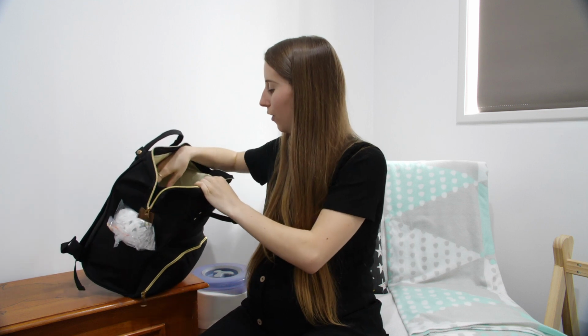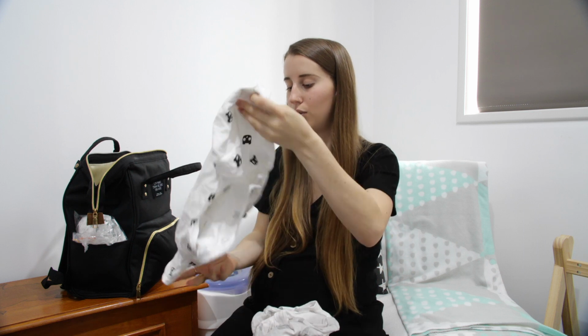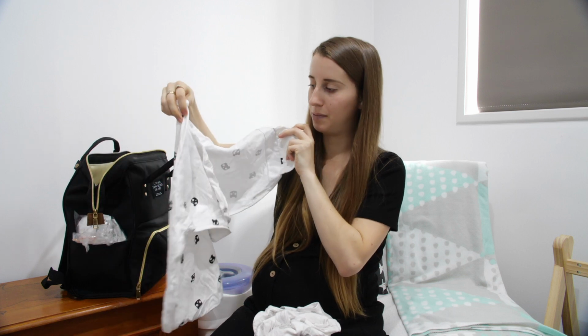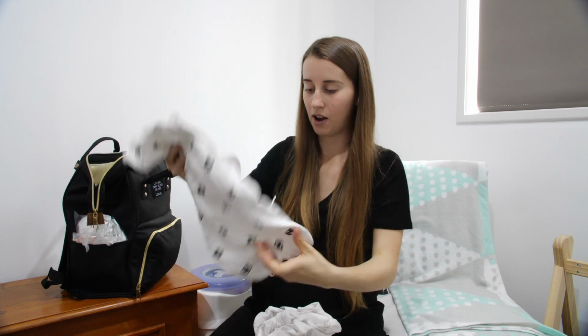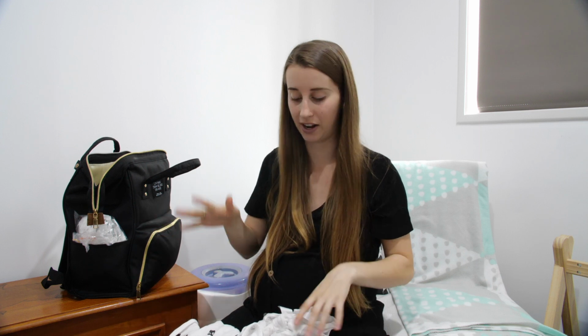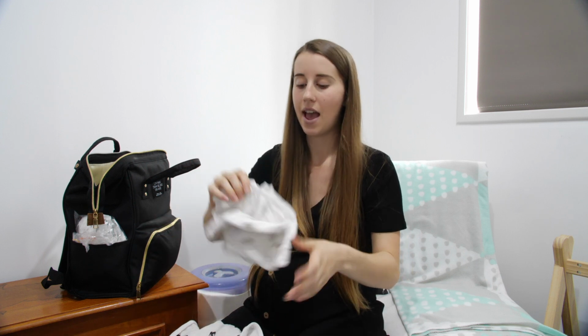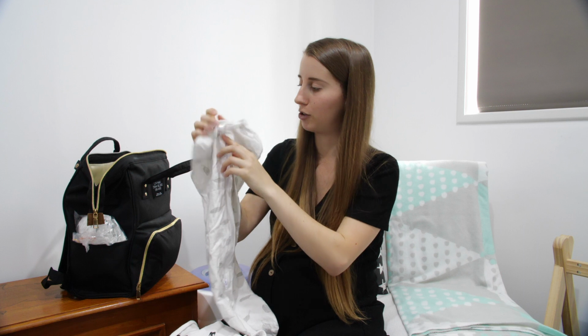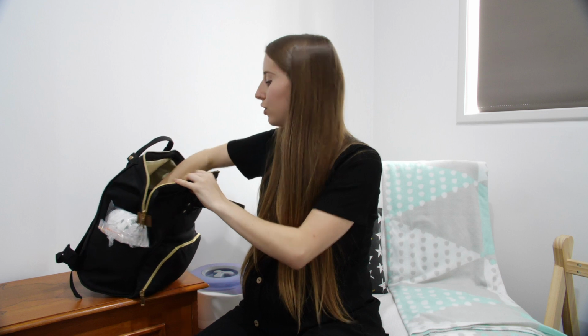In baby's bag I've also got a couple of these sleeping bags for him to sleep in. So I've taken 2 really simple ones. One of them is this Velcro one that I can just wrap him in and Velcro, because I feel like I might be a little bit overwhelmed, so I didn't want to bring a swaddle that I would have to swaddle myself. I just wanted to bring the easiest option I have. So the Velcro one seems to be easy, and I also have this zip option one which zips on both the top and the bottom if he wants to sleep with his arms up, because I know that some babies prefer that. And I've got 2 baby blankets,